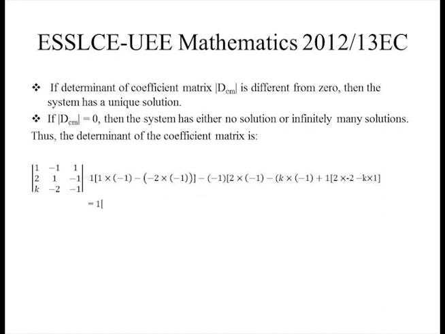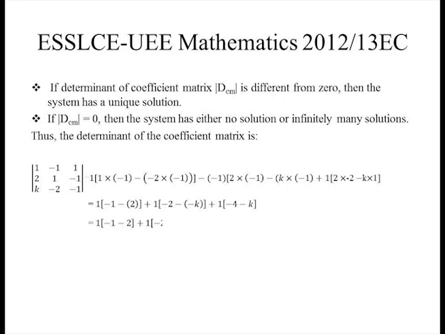1 times negative 1 is negative 1 minus negative 2 times negative 1 is 2, negative 1 minus negative 1 means plus 1 times 2 times negative 1 is negative 2 minus k times negative 1 is minus k plus 1 times 2 times negative 2 is negative 4 minus k times 1 is minus k, which is equal to